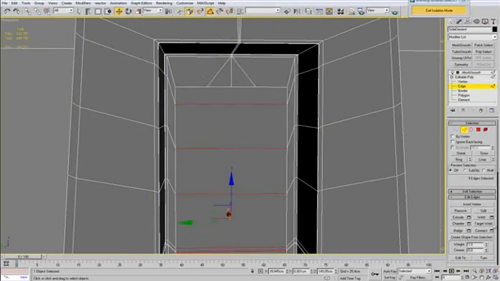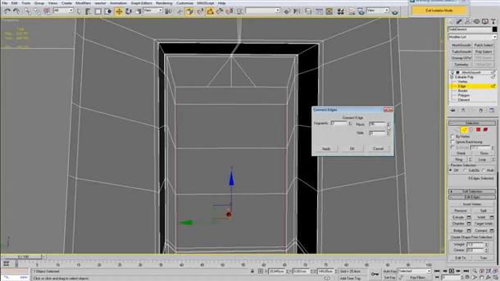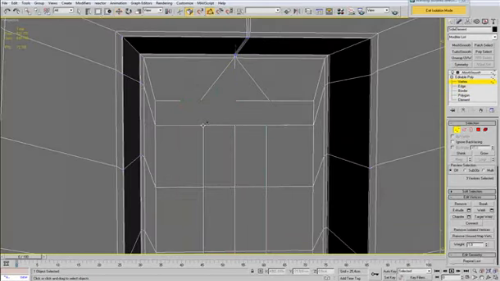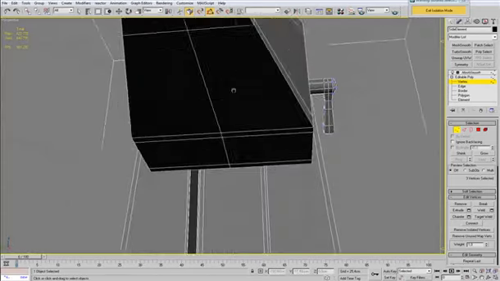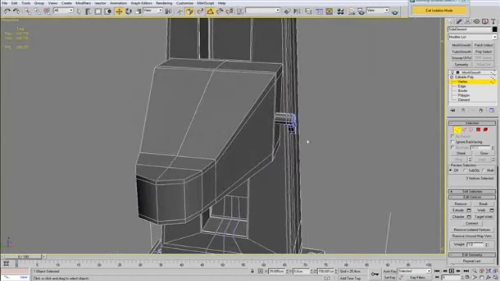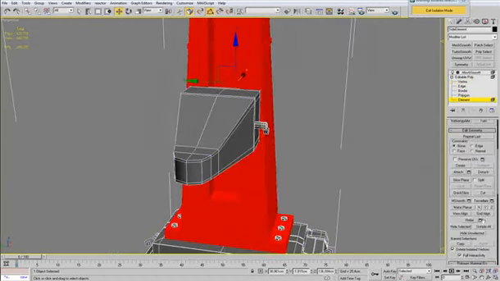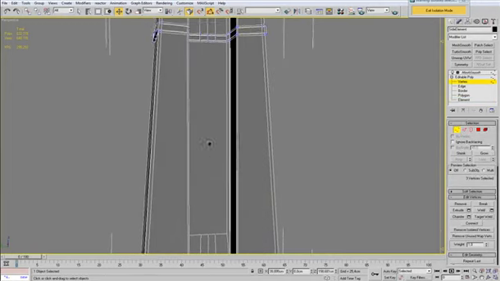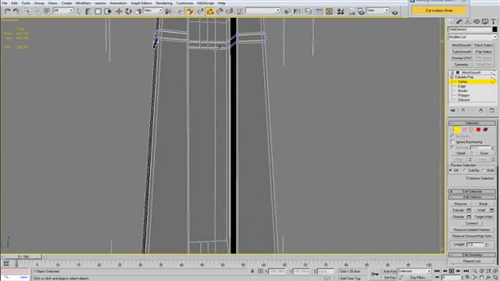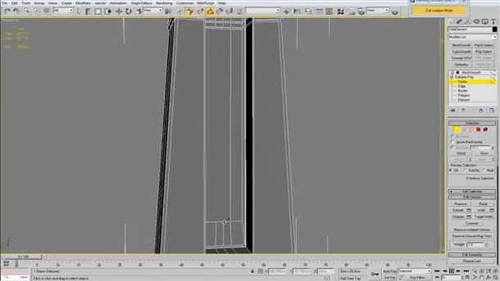Okay, I've decided to scale those vertices apart, and it will be much easier to make the connections there. Just going to connect the vertices using the cut. And now I'll have to hide all of the elements that are actually blocking my view here, because I have to make these connections like so and like that. Okay,